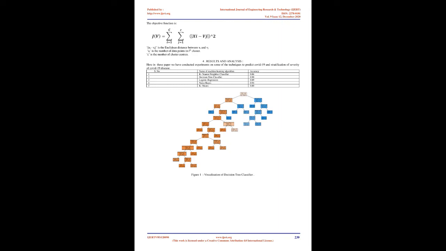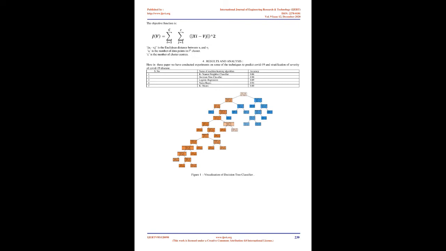K-nearest neighbor is one of the simplest machine learning algorithms based on supervised learning techniques. It stores all the available data and classifies a new data point based on similarity. This means when new data appears, it can be easily classified into a well-suited category by using the KNN algorithm. Mathematical formulas for K-nearest neighbor classification are mentioned below. Distance function of Euclidean. Distance function of Manhattan. Distance function of Minkowski.